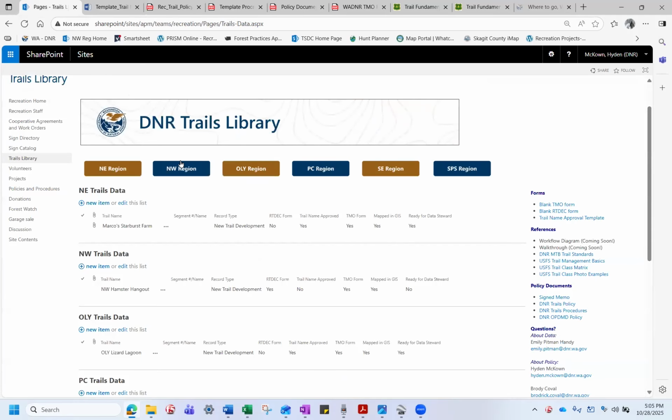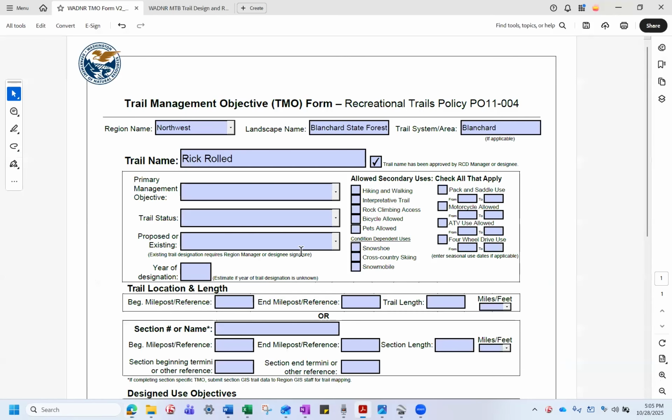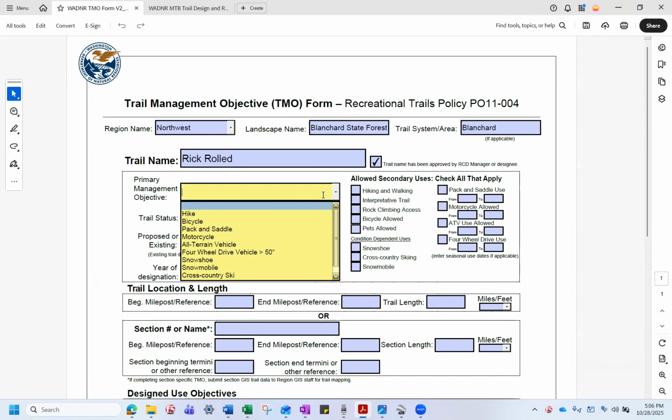Moving on to the Primary Management Objective, or PMO. In DNR policy, the primary management objective is defined as the primary or designed use for which an area or facility is managed. A primary management objective does not necessarily exclude other use types. The options are the same as the RCO list of trail primary management objectives. We have hike, bike, pack and saddle, motorcycle, all-terrain vehicle, four-wheel drive vehicle over 50 inches, snowshoe, snowmobile, cross-country ski,